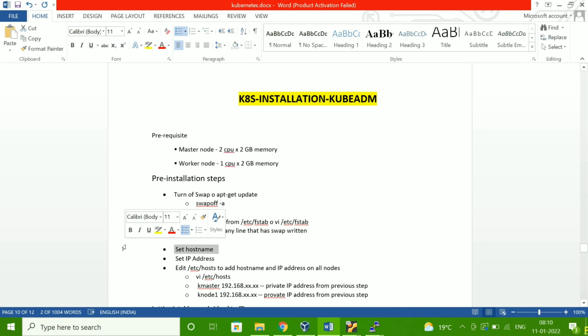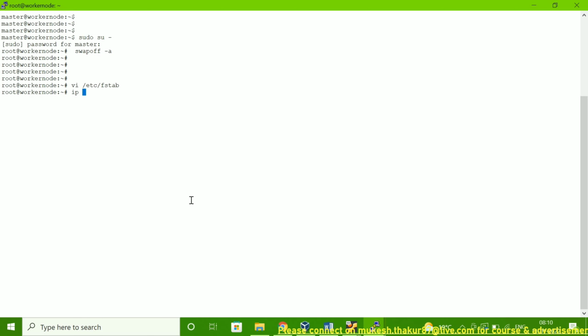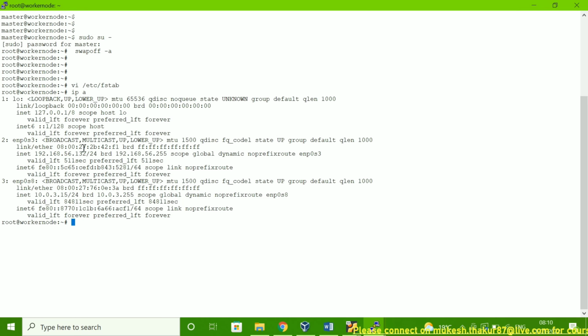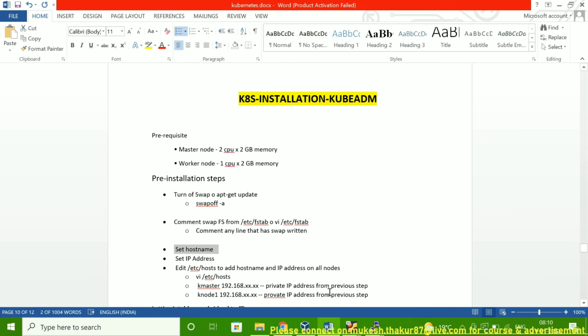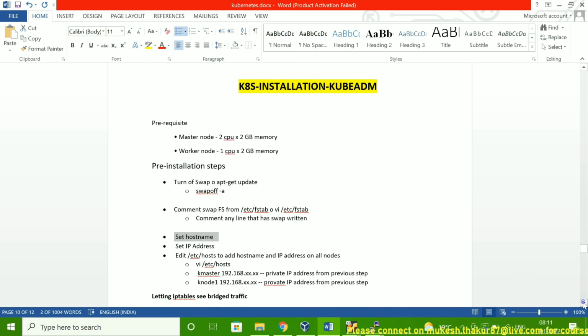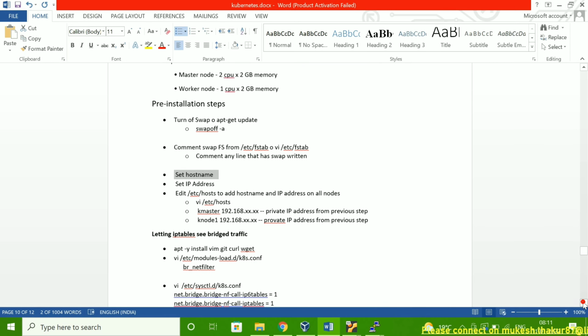Now you have to assign the static IP. Suppose you're not assigning one, if you're using your Oracle VirtualBox and you have limited servers, you can use the DHCP IP also. That is not a problem. As I show you here, you have to assign two networks. You can see this is a NAT network IP and this is the host-only adapter network IP. So we can work with this. If you are not assigning the IP, that will also work in your personal lab, but I suggest that if you assign the static IP, it will be easier. I will tell you why I am saying this later.